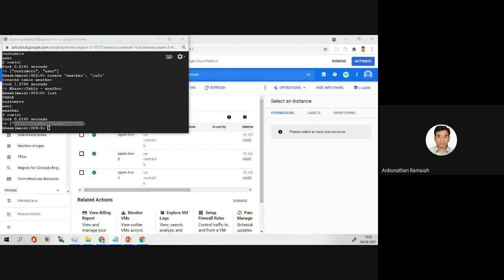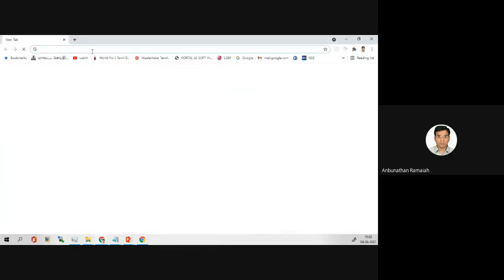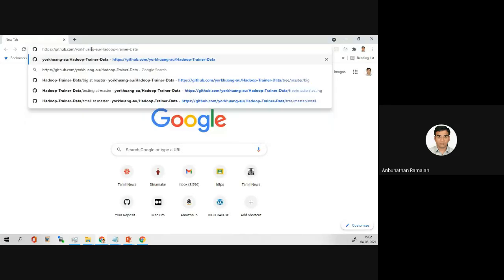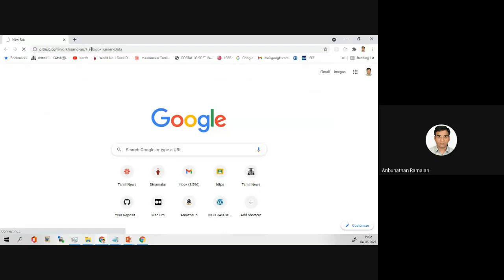So we need the data basically for this. There is one Git repository. I'll just open and show you. This is a Git repository.